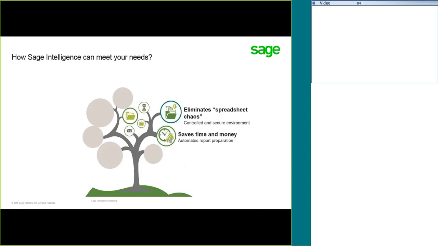Several things. Those of you on the call are probably familiar with spreadsheet chaos. You've sent a spreadsheet to somebody and they're saying, well, wait a minute, this isn't the right value, it's not updated, it's not the latest, whatever the question is, or you forgot to change the formula here. That's the chaos. But with Sage Intelligence, since all the reports are stored in a controlled and secure environment in